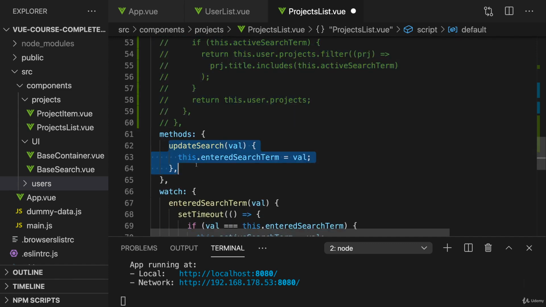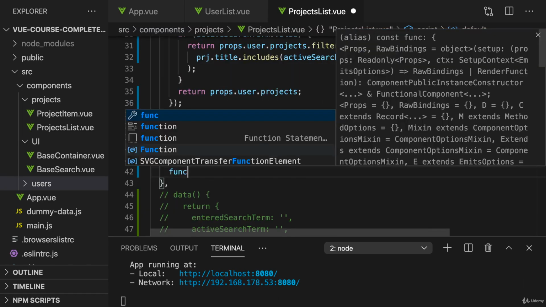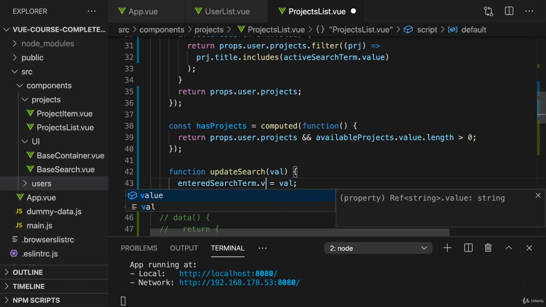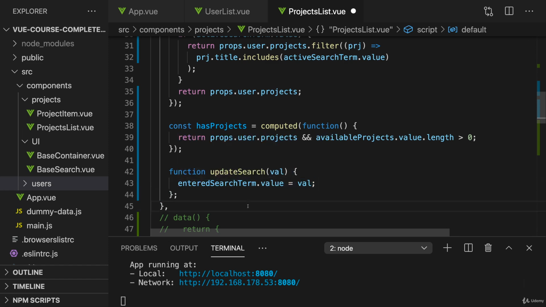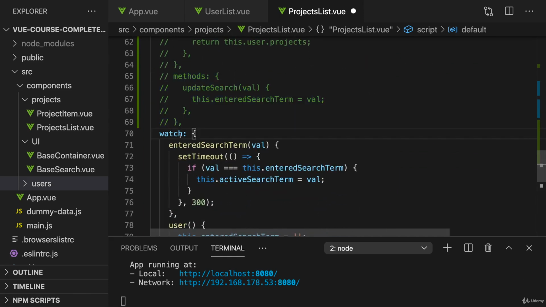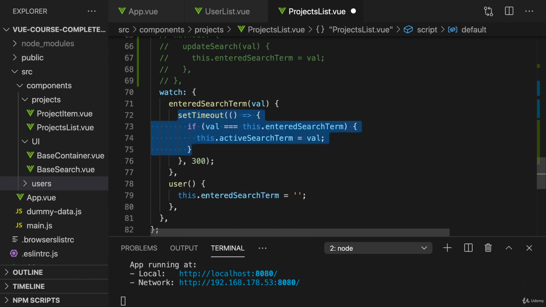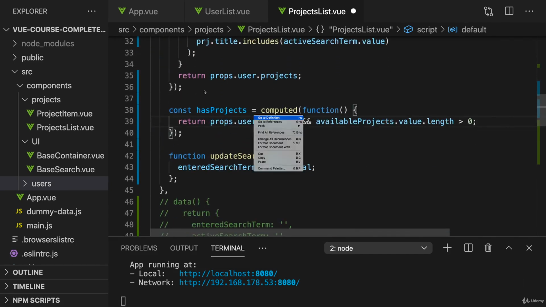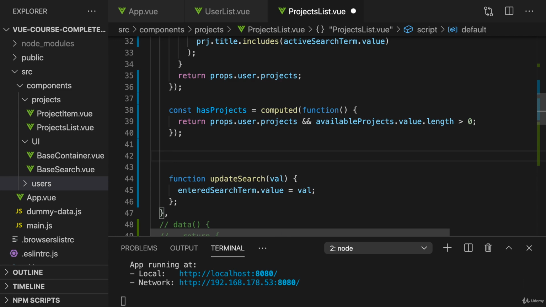Update search is a function we have to add, so that should be pretty straightforward. Function update search, where I simply update entered search term.value and set it equal to val. And then last but not least, I have my watcher here, where I again will copy this logic. I got a second watcher thereafter as well, but I'll start with this first one. So copy that logic, import watch from view, and then add the watcher maybe here below the computed properties. Add this watcher